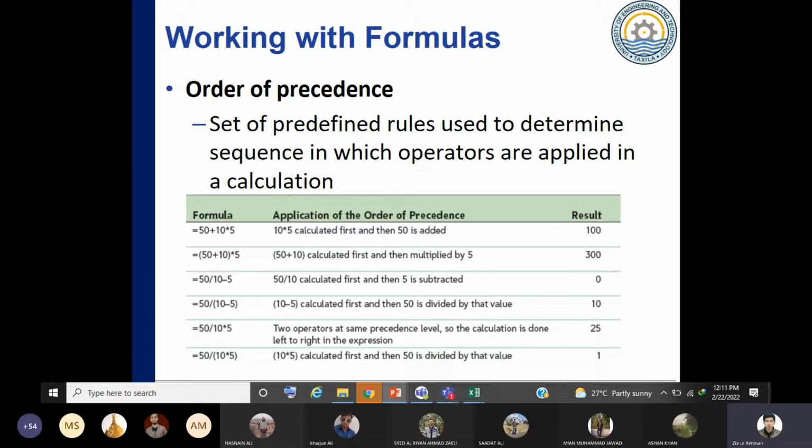If you consider that Excel would first add 50 and 10 and then multiply by 5, that would be wrong, because you should know the precedence order in which mathematical operators work. Obviously, you have this basic knowledge from mathematics of which operator comes in first precedence and which comes second. Now, if you want to change the order of precedence, obviously the parentheses come first in the precedence.